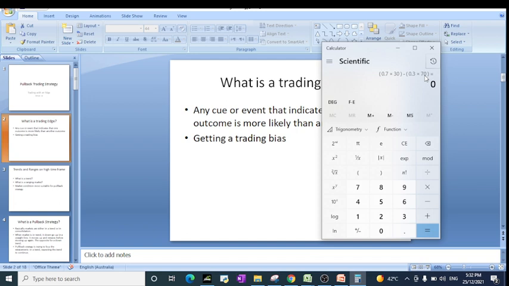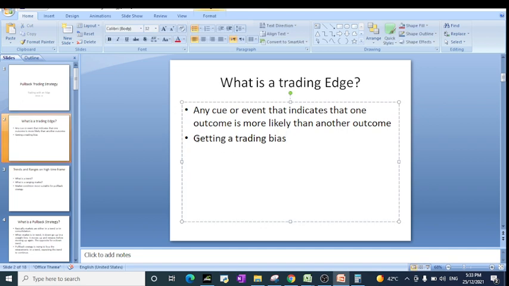So whatever system you trade, you have to design it in such a way that you have a high win rate, and preferably the win amount is also high enough compared to the probability of loss and the size of your loss. If you can get this equation to be more than zero, you have an edge. Of course, you have to factor in the transaction cost and all that. So with that out of the way,